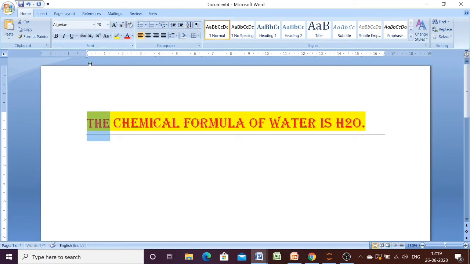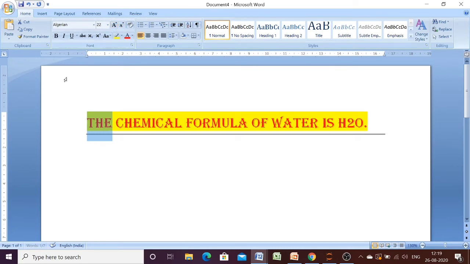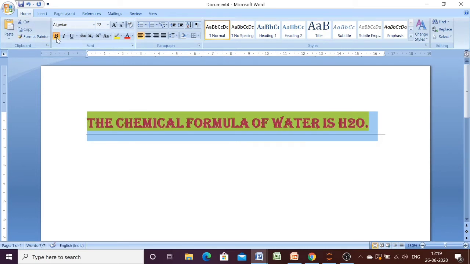Okay, and here you can see that we are having bold, italic, underline. Let me show you one by one all the character formattings. Bold will make the letters in bold form. And if you click it again, it will become normal. Here italic, you will see the slanting of the text. Again click it to get back the original text. Here one underline will be there. You can see one underline is there, and if you want to remove it, click it again.